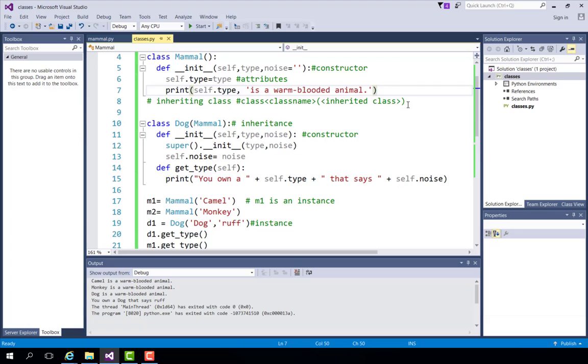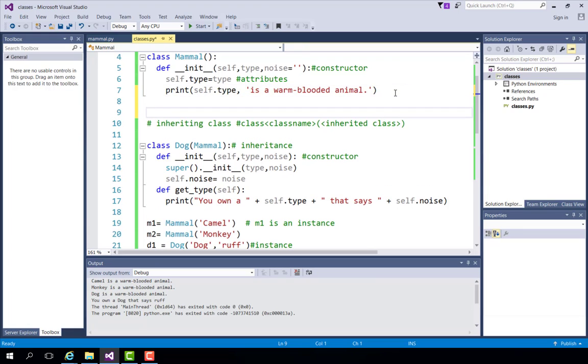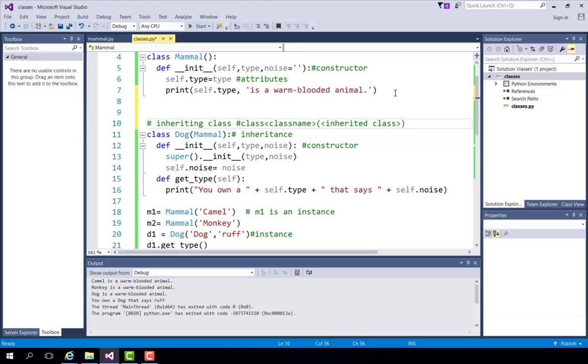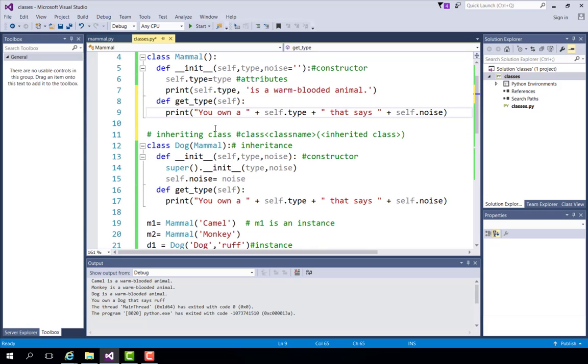But I could do this. Oops, sorry about this space. And I'm going to just do this get type. But in this case, we are going to say